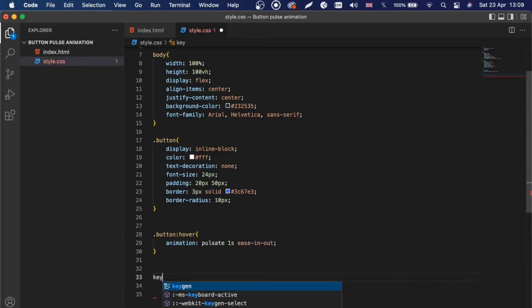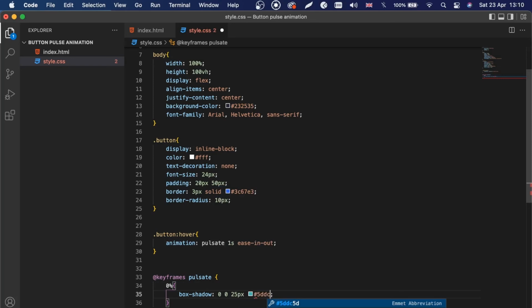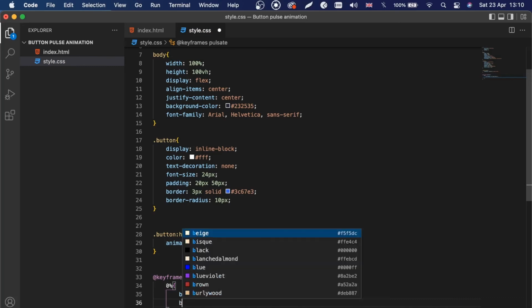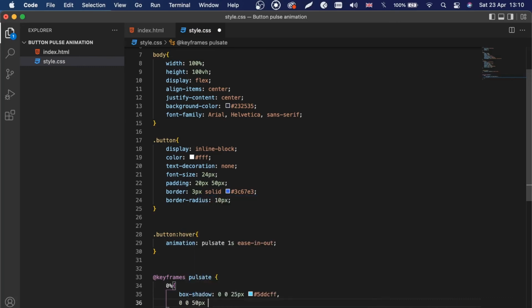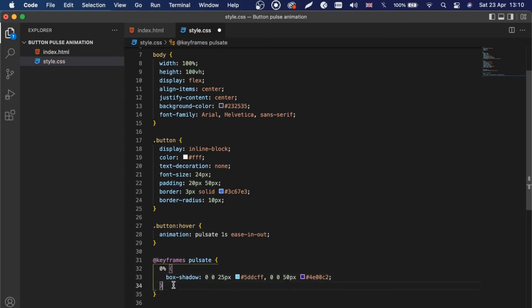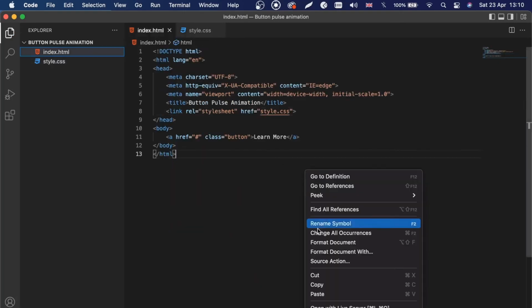So I'm going to say keyframes pulsate, and basically what this will do, we'll say 0%, and then we're going to give this a box shadow of 0 0 0 25 pixels, hexadecimal 5DDCFF, and we're going to say comma. We're going to say also 0 0 0 50 pixels, hexadecimal 4E00C2. Alright, and with that, our styling is done, and we can save and open this with live server, and